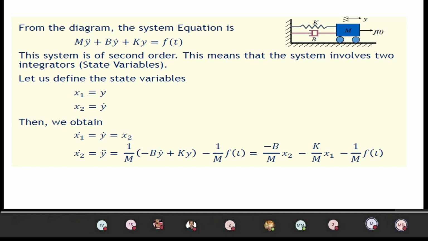Whenever the differential equation is there, we can follow the conventional method, or the other method using phase variables also. Whichever method is easier for you, we can use that to determine the state model for this given mechanical system. First, I'm going to tell the concepts behind how to obtain the state model from a given mechanical system. Whenever the mechanical system is given, as usual we first write the differential equation for the mechanical system.